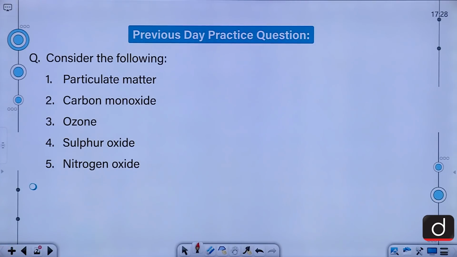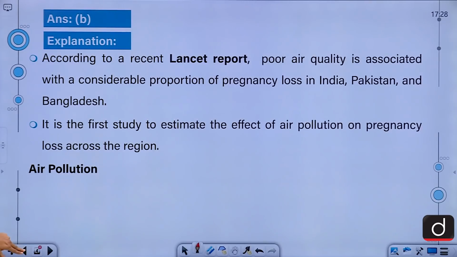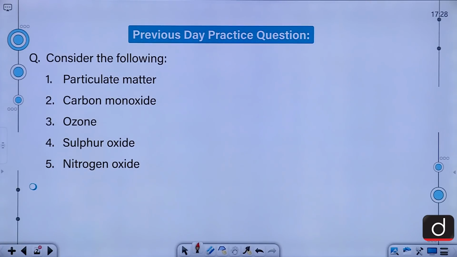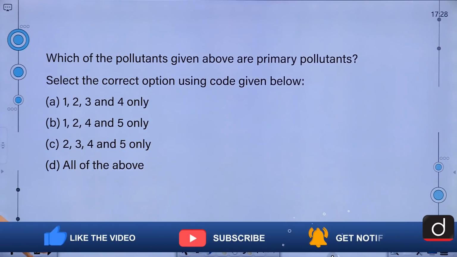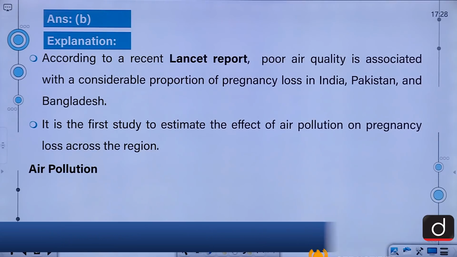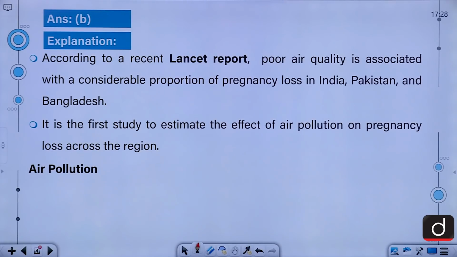The question asks you about the primary pollutants. So look at the options here once more. The correct answer for this question is B, that is 1, 2, 4 and 5 only. Particulate matter, carbon monoxide, sulfur oxide and nitrogen oxide. These are primary pollutants. Now, according to a recent Lancet report, poor air quality is associated with a considerable proportion